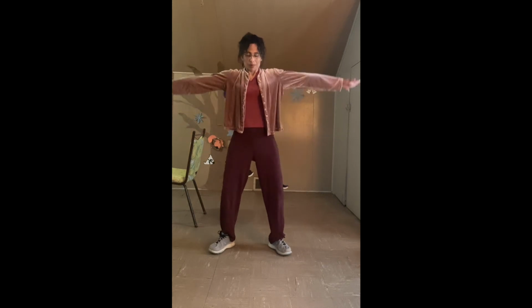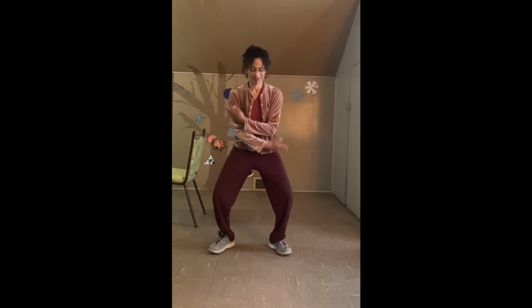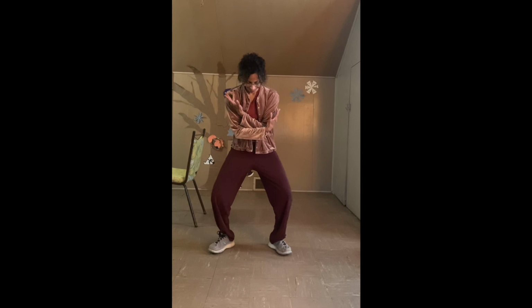Take your feet to a little wider than hip width apart. Breathing all the way in and out. Breathing in and out. Again in